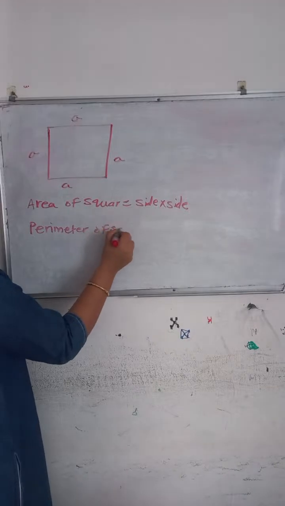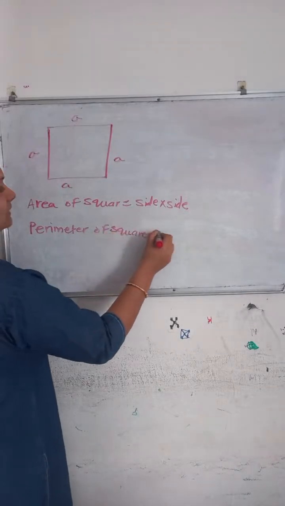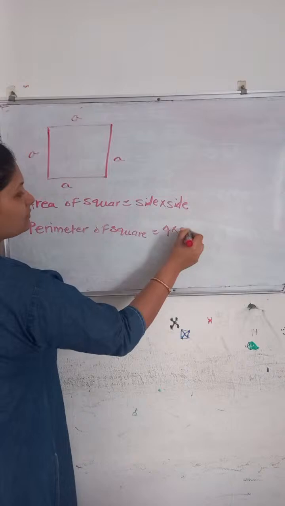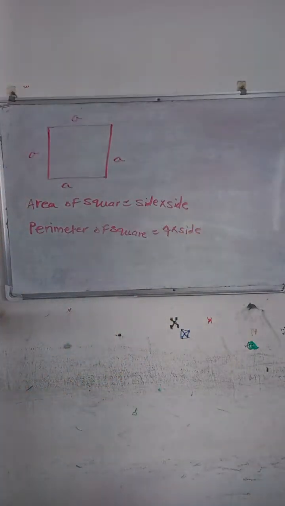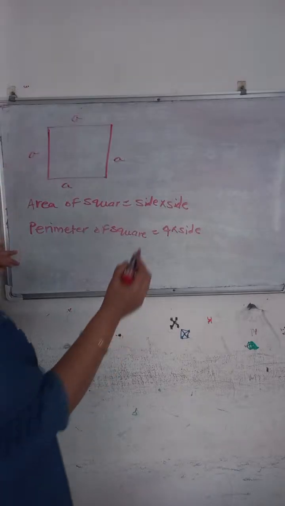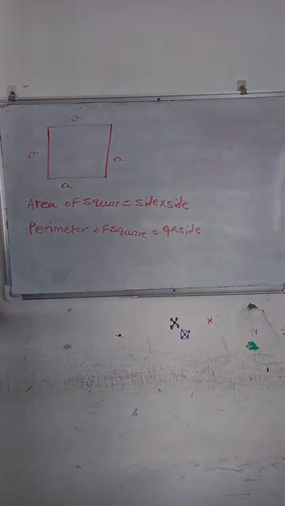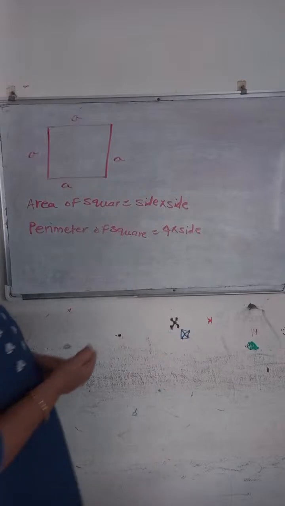of a square is nothing but 4 into side, because we have 4 sides, and if we add all these sides, then we get the total length around this square. Okay, so this is the area and perimeter of the square. Then the second figure we can go for is the rectangle. Okay, so rectangle